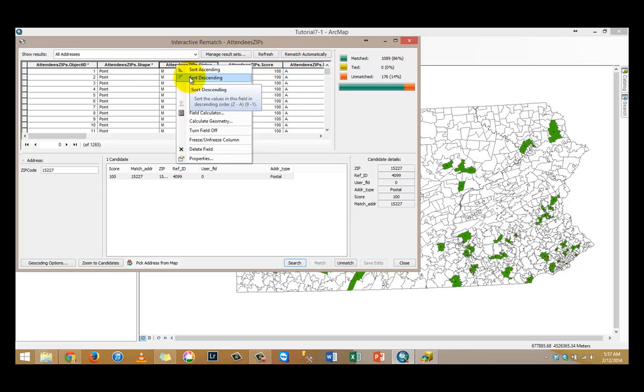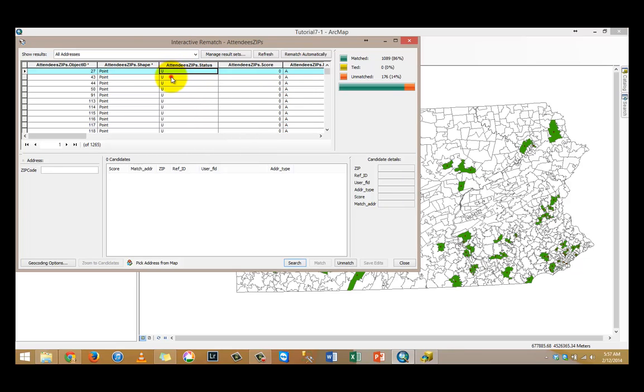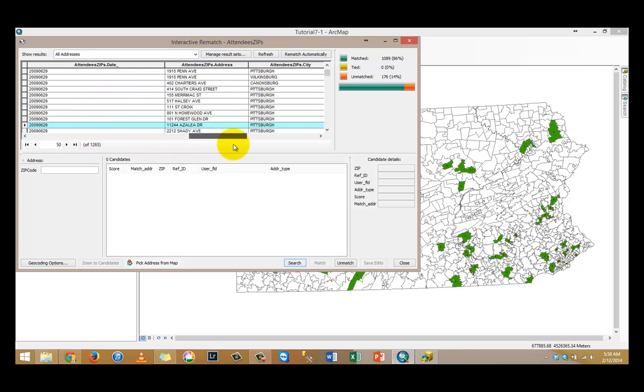if I sort this by descending order perhaps, most of these don't have any, perhaps these are outside the state. But the book is asking us to geocode or find the one with object ID 50. So I'm going to scroll up and find it. It looks like this one. Let's examine what's going on here. So this is within Pittsburgh City. So what we need to do is find a zip code for this